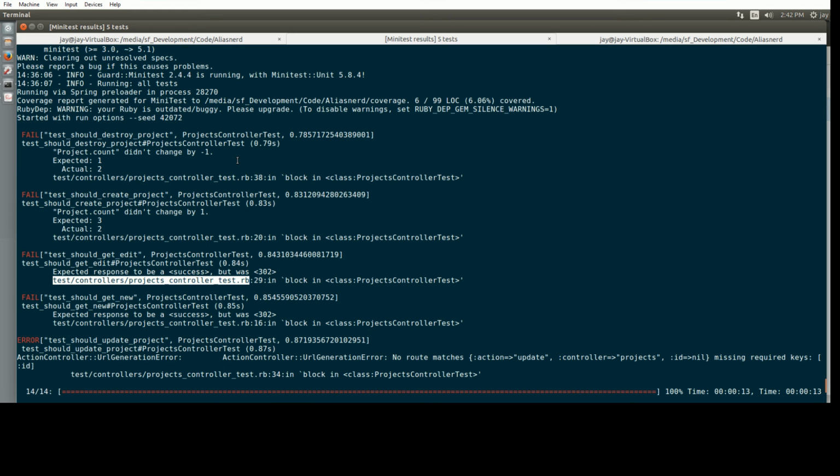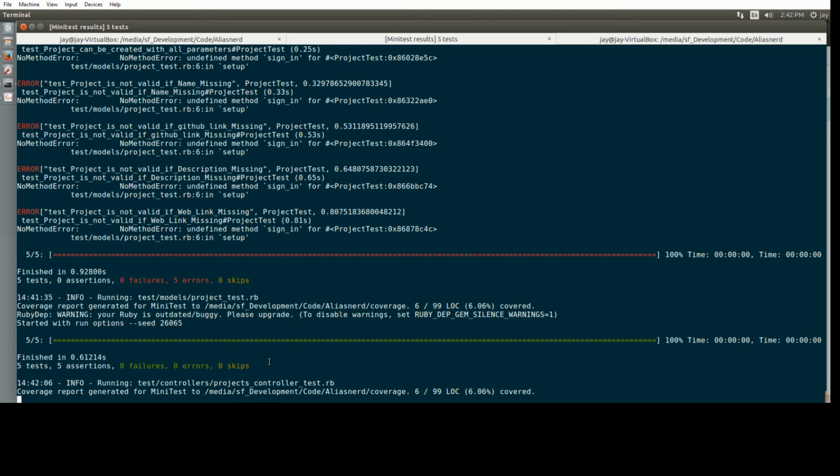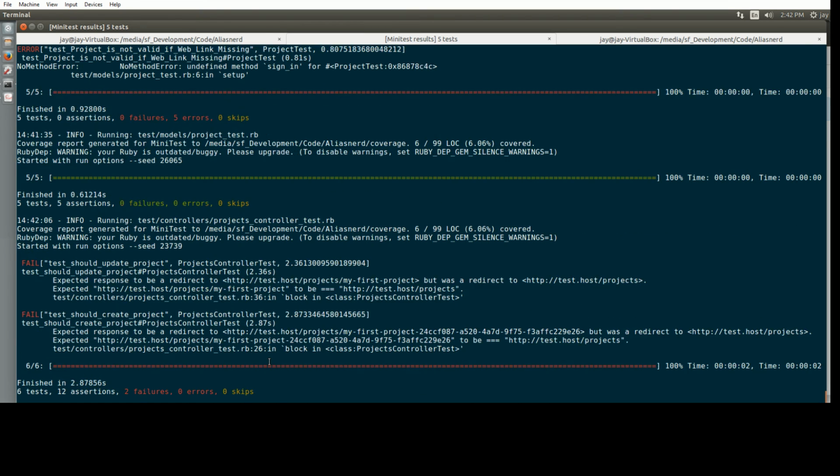So the minitest just passed 5. Let's see where it passed them. It ran the models. Yeah, obviously the models are working, nothing to do with signing in or the user. So we're running the controllers one now, which is the one where we're hoping it's going to pass. We're running 6 tests. It's done 1. It failed 2 of them. Okay, so